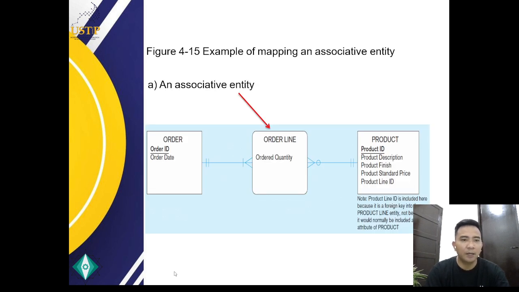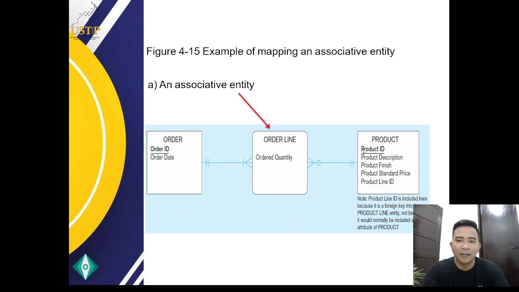Next we have an example mapping of an associative entity: order line. This shows the order line entity, which is an associative entity representing the relationship between the order and product entities.